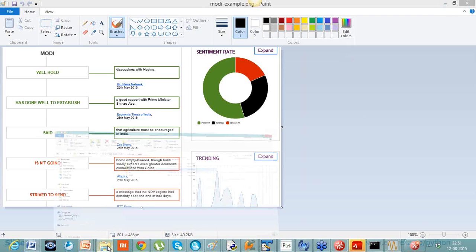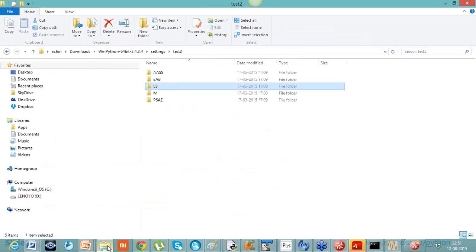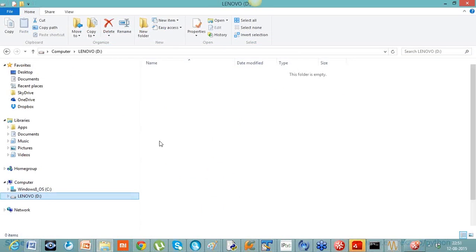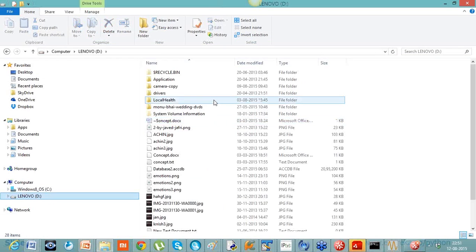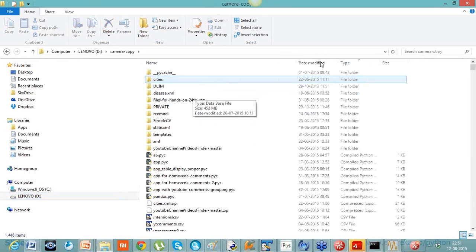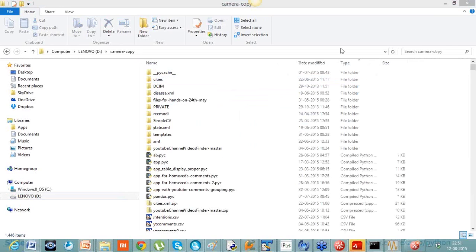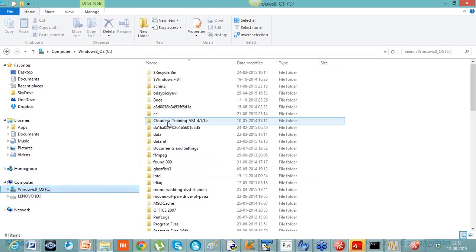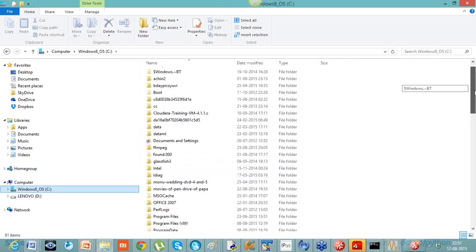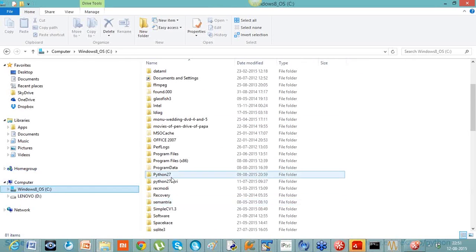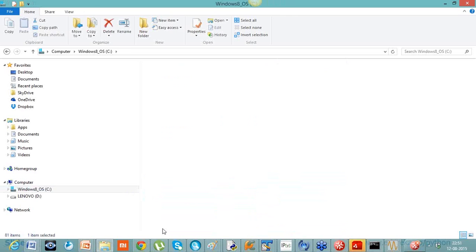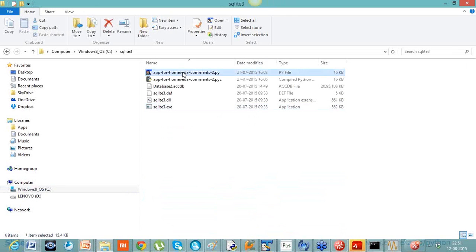So I have a web client that I wrote. It's there, the camera copy. This is the part of it that I want to show. Okay, I'll show you. So this is